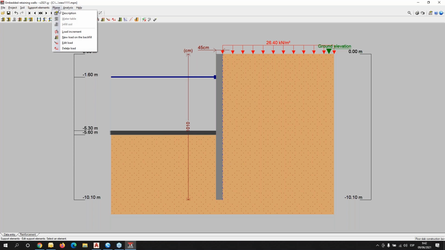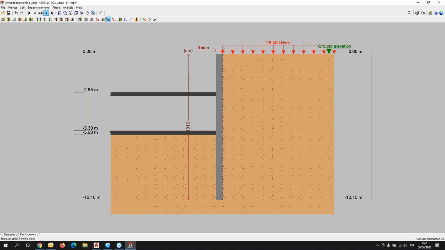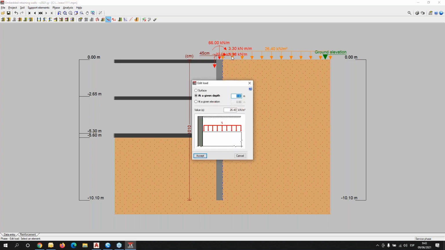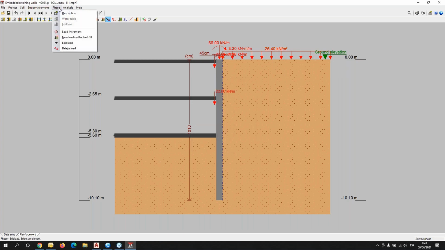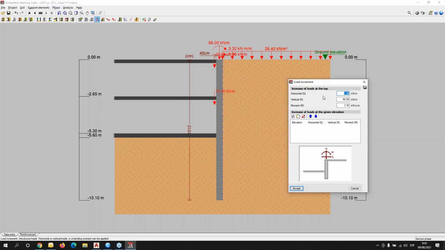Or we can define, for example, other phases, modify the loads, and we can also, remember, add